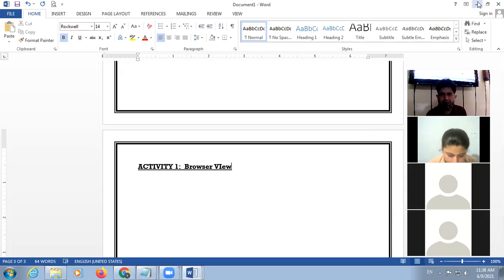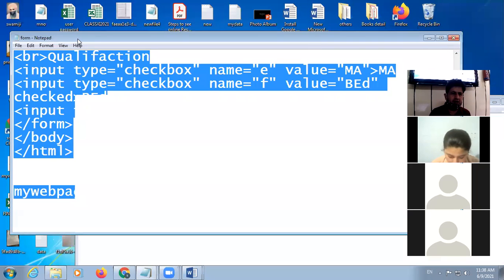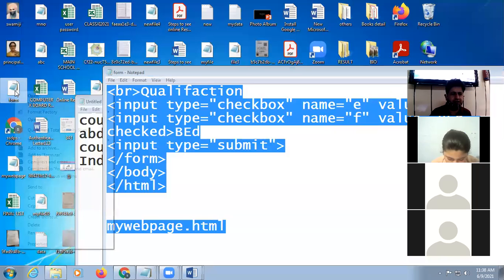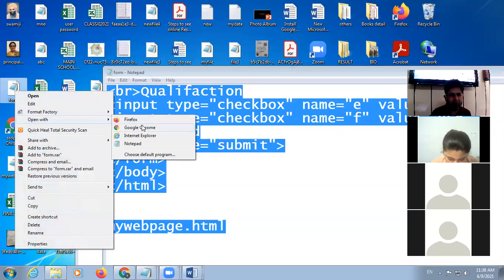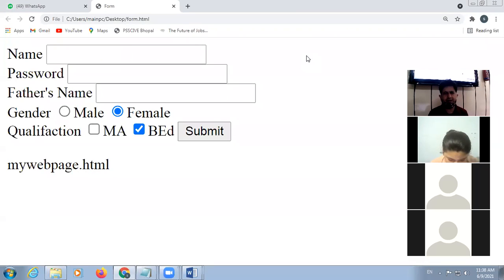Okay, now whenever you will open this web page in browser, look at here, what you will do here, you will open the web page in browser and then press your print screen button. तो हमने print screen button press करना है.